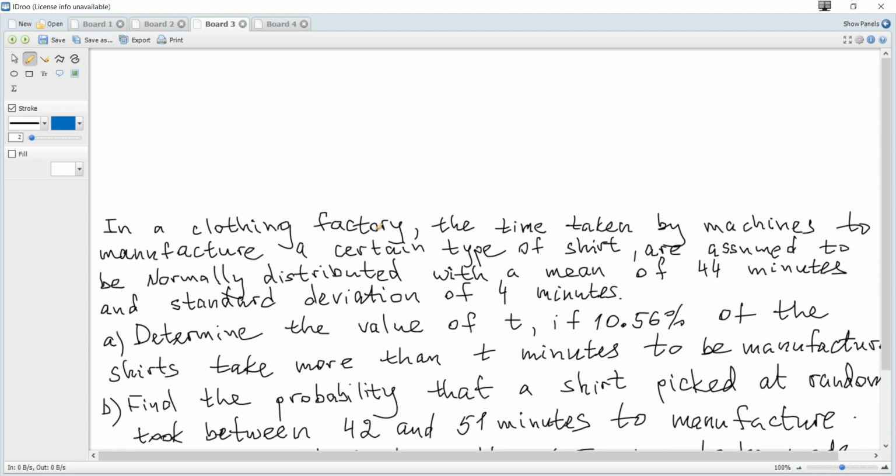So it is given that a random variable, let it be t or it may be x, it doesn't matter, is normally distributed with parameters. Mean is 44 and standard deviation is 4, but here we write variance. Variance is standard deviation squared, so we can write 16 or just 4 squared. And it is given that the probability that this random variable t is greater than some value of t which should be found, and this probability is equal to